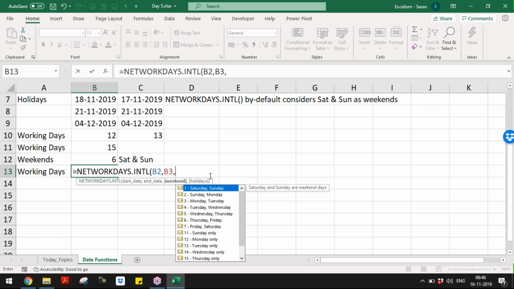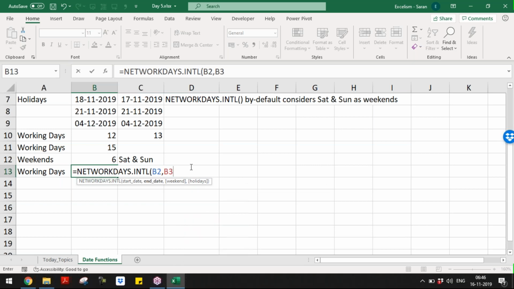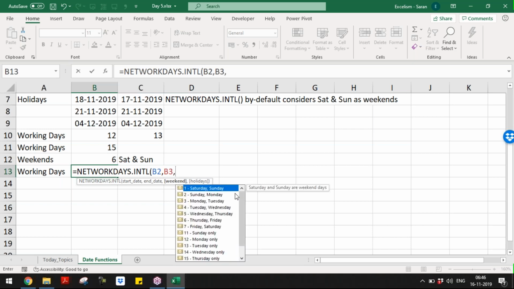By default, yesterday it took from Sunday through Saturday, 1 through 7. If you want to put your own sequence, you select the second argument. In the same way, if I keep comma, automatically the list is coming. Excel is saying, Sharon, do you want to consider Saturday, Sunday? Then keep 1. Sunday, Monday, or Monday, Tuesday, Tuesday, Wednesday, based on this, you can select.